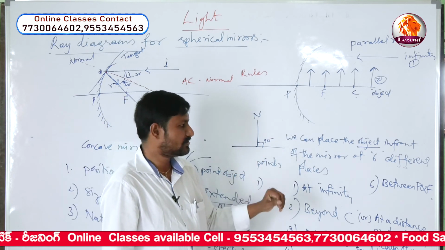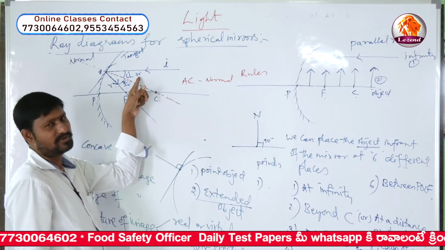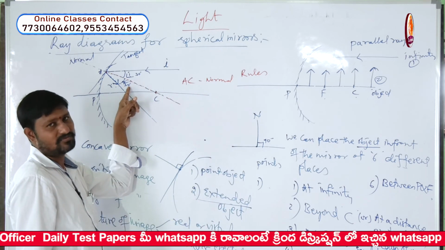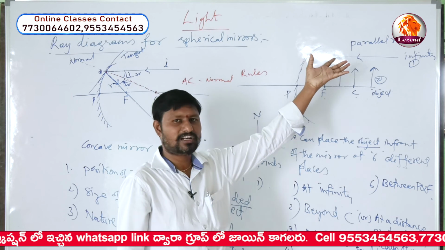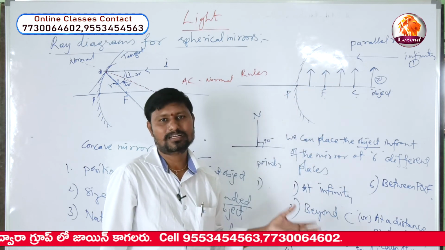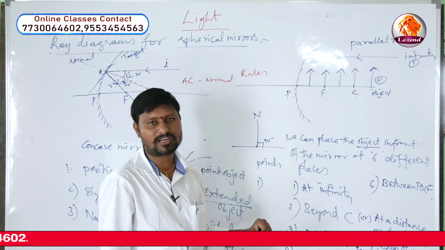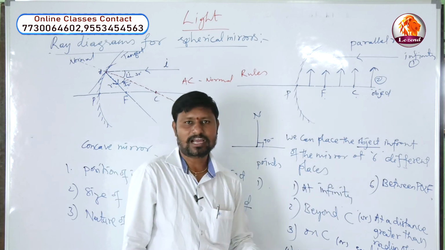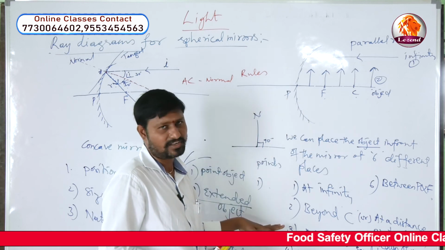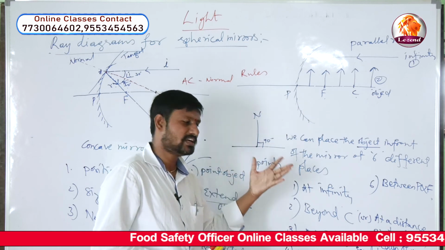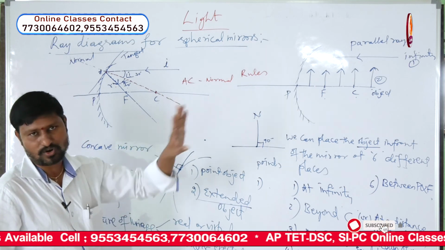Okay. Now, to draw the ray diagrams, we have to follow rules. As I told you, in order to measure the angle of incidence and the same angle of the reflected ray, we have chosen certain rays of light in front of the mirror. They always behave in a similar manner. Such rays of light we have taken as the rules for drawing ray diagrams for concave and convex mirrors. If you remember those mirror rules, then we can comfortably draw ray diagrams and show the characteristics of the image formed by the concave mirror as well as the convex mirror.